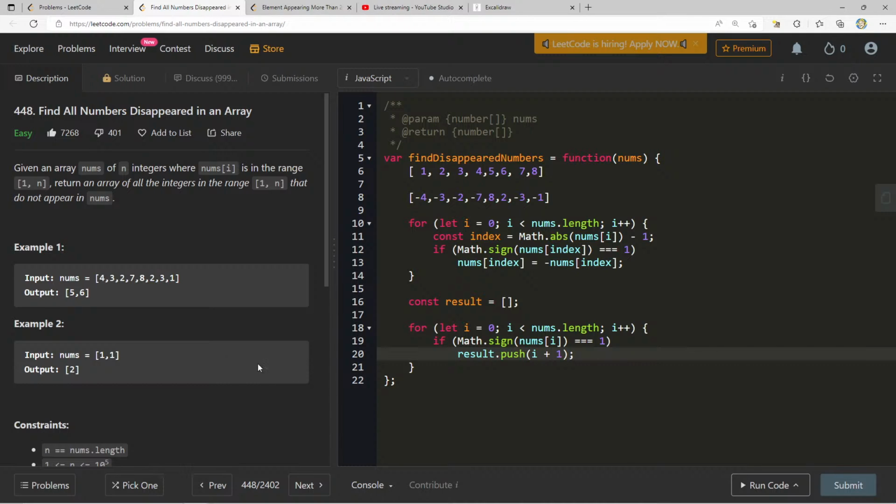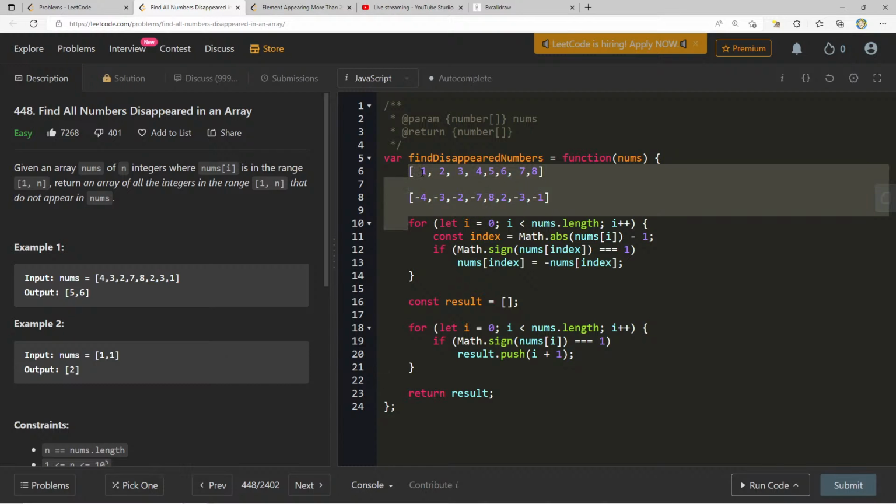And why are we doing i plus 1? Because at the end of the day, we're starting at 0. We still need to start at 0 so we can go through everything in the array, but we add 1 because it's going to be the 5th and 6th index, not the 6th and 7th index. That's something that we have to normalize. The range is 1 through n, but our indices remain from 0 through n minus 1. And at the end, we can return result.